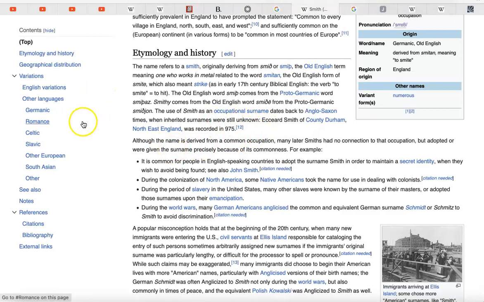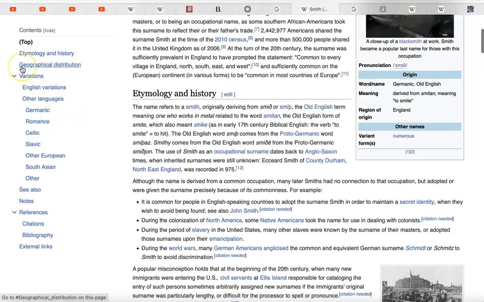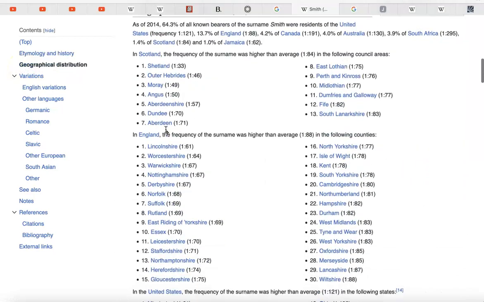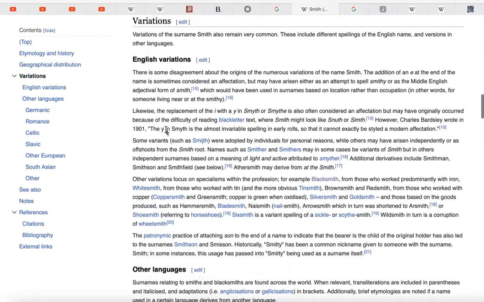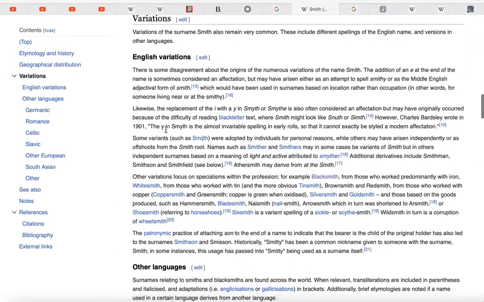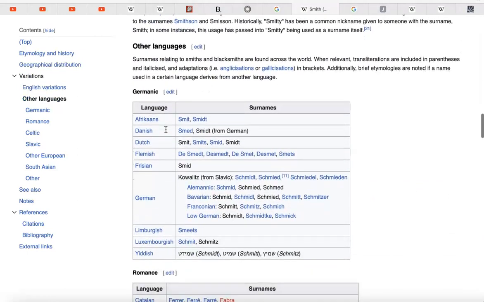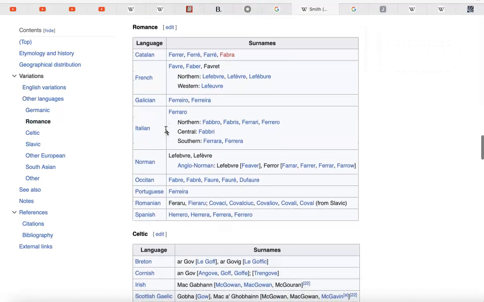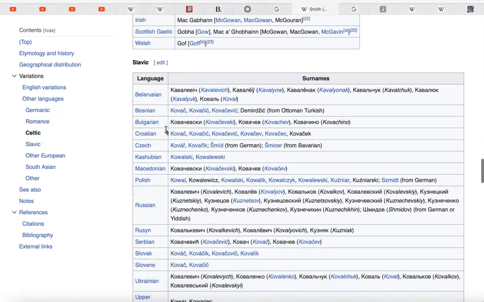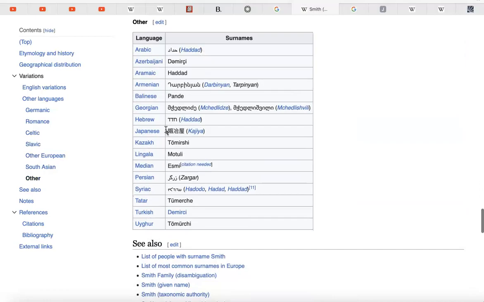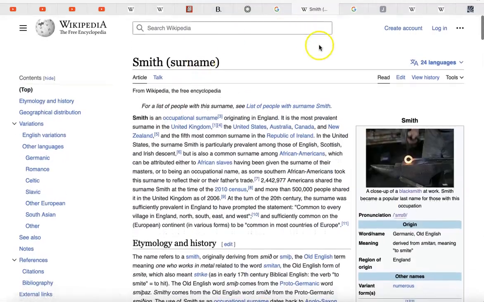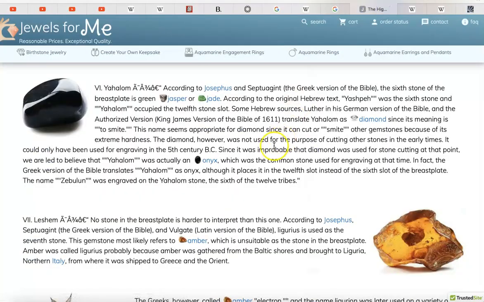Did I want to look at something with regard to... Is there anything with etymology and history? So they're just talking about the name, but does it mention mythology anywhere? Other languages? Okay. So... I can't see what I'm looking for as far as mythology here. So, that's why I needed to go here, right?